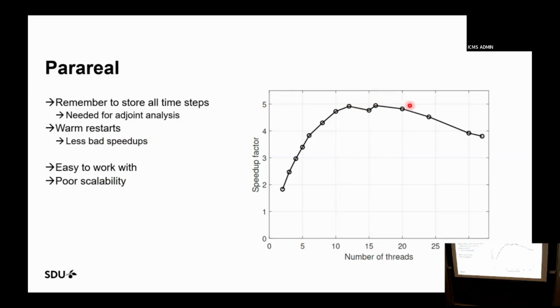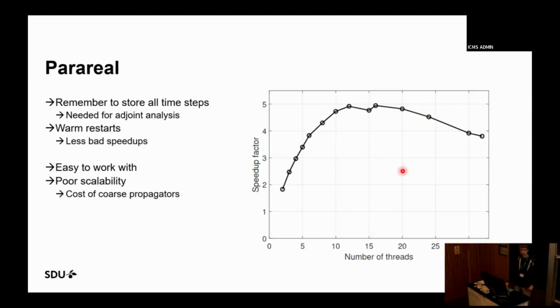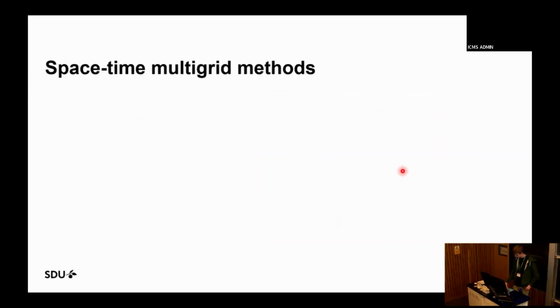But anyways, it kind of drops off as you add more threads, and that's due to the cost of the coarse propagators. It becomes more and more expensive as you add more threads. So we're not quite satisfied with the result, so we have moved on to something more potent, which is space-time